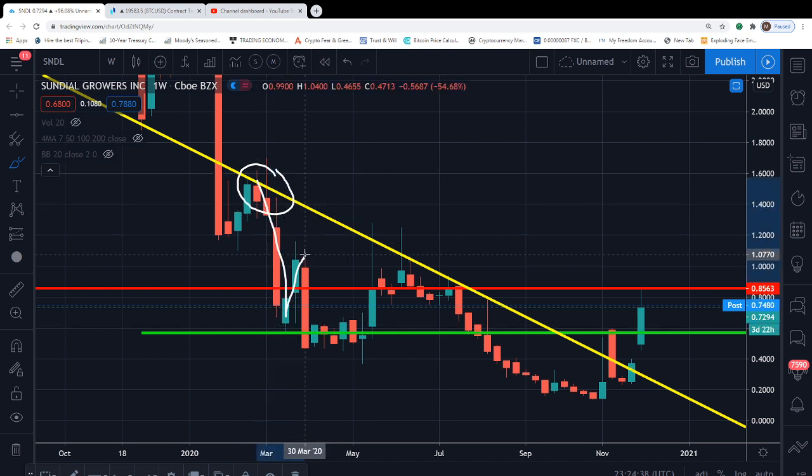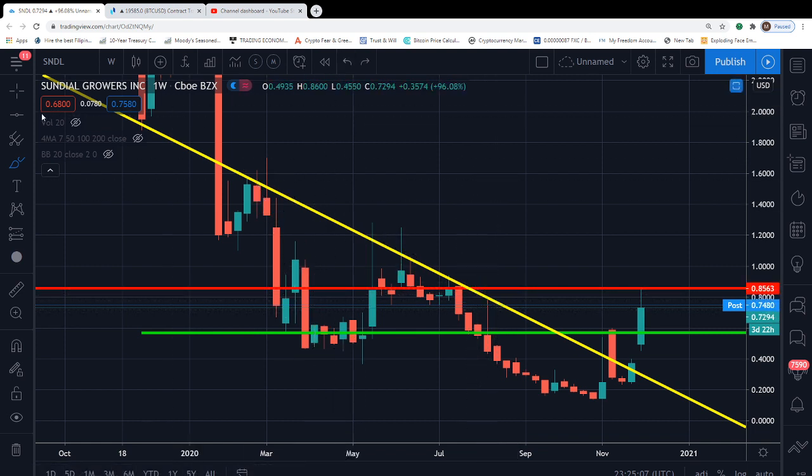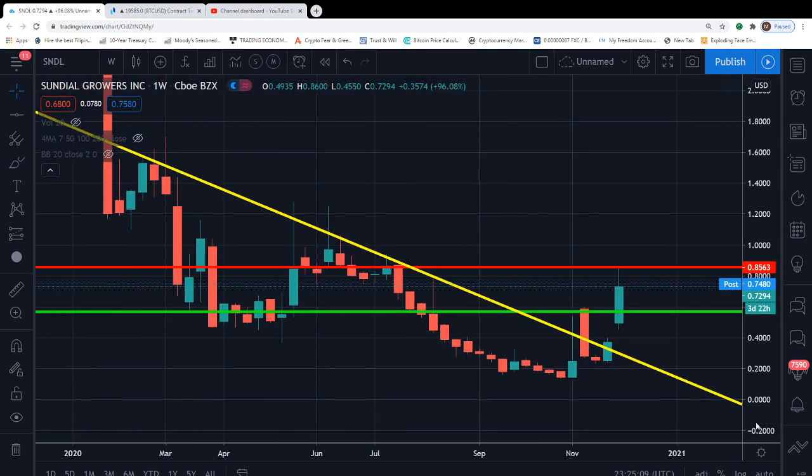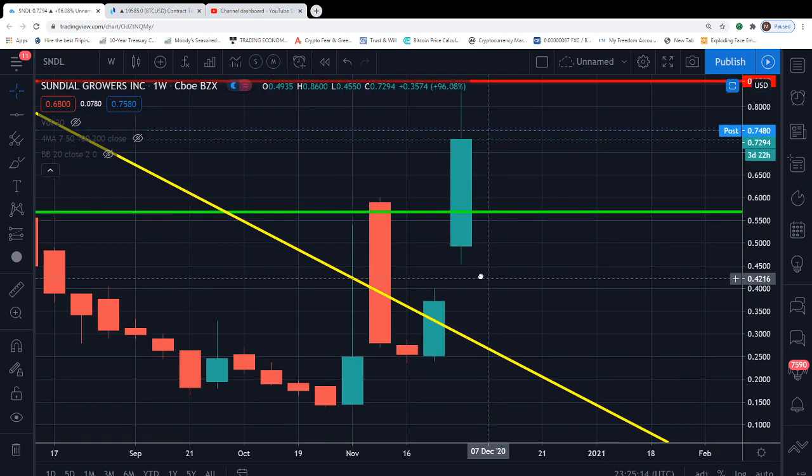Okay, made a low and a lower high, and then a lower low. Then it came right back up to that line, that yellow line there, at about $1.21-ish. Had a spike at that line and got rejected, and then again right there at June the 15th at $1 and about 8 cents there, another rejection. So you see the very close proximity in which the price just continued to test that line and get rejected over and over and over again until, as of recently here, if we just kind of zoom in on this price, you can still see there was more of a rejection at that line closer to present day